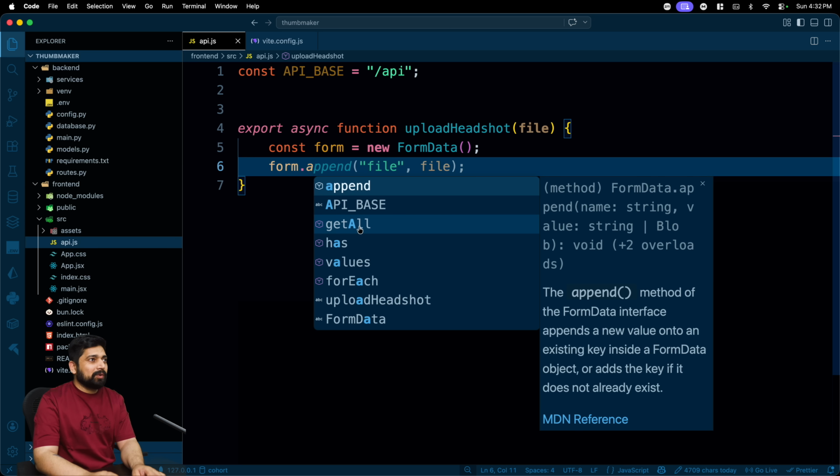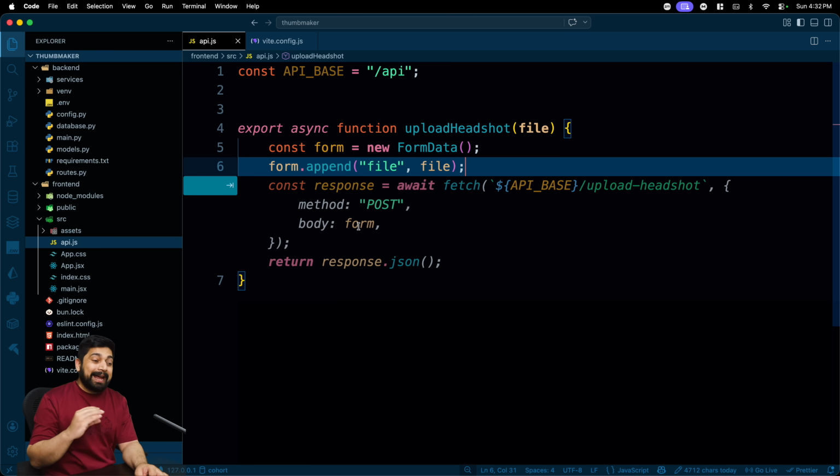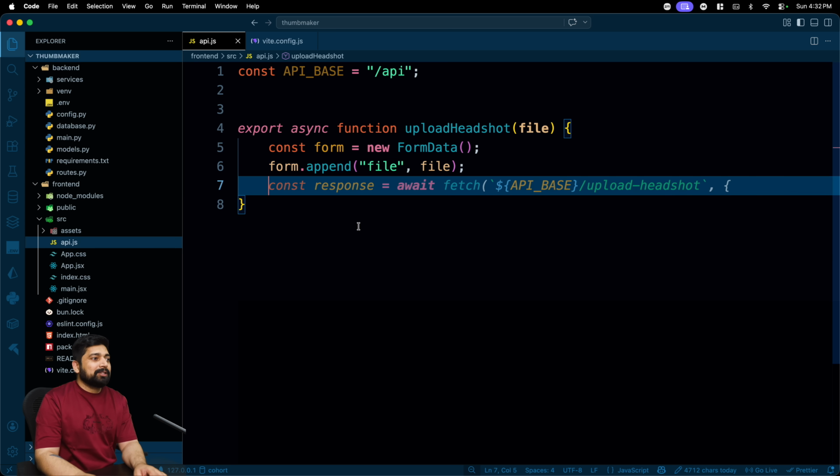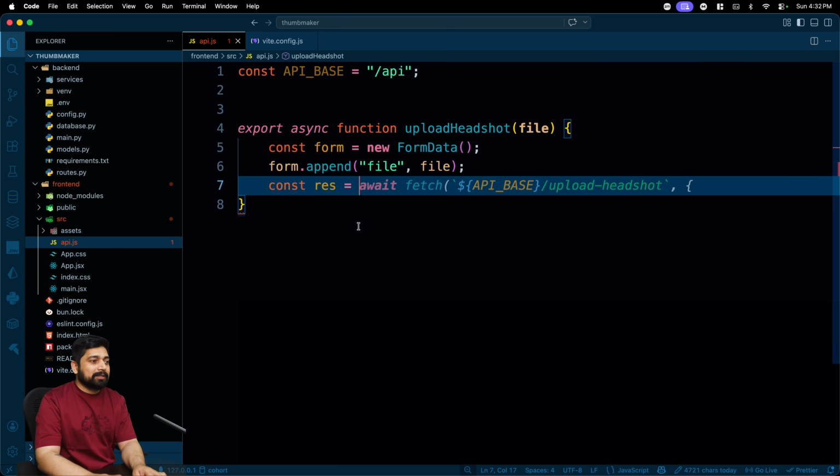Form, and we can just go ahead and append the file just like this. There we go. So we have extracted the file and added the file in the form, and we can now send it. And now once this is all done, let me skip that. The next part is to simply get a response, and we are going to get a response by first of all